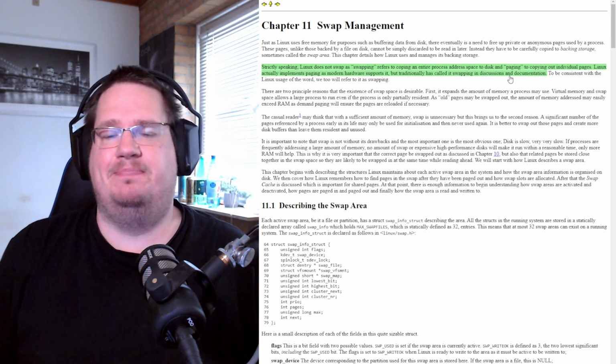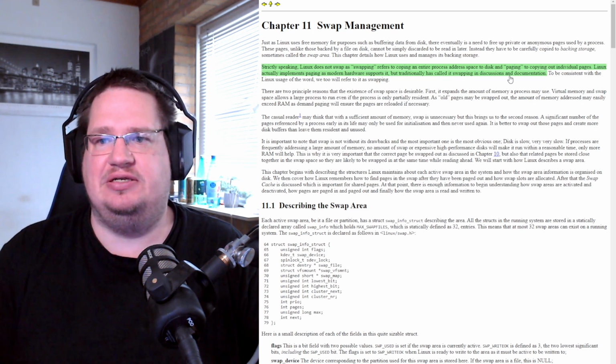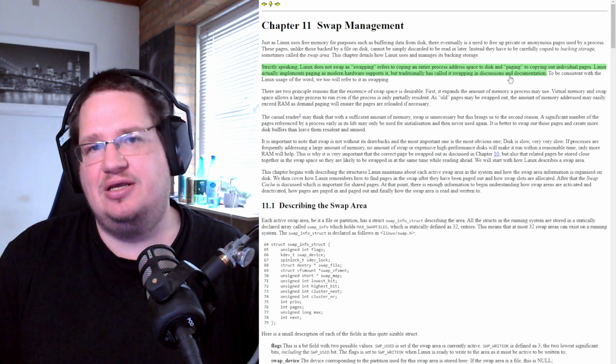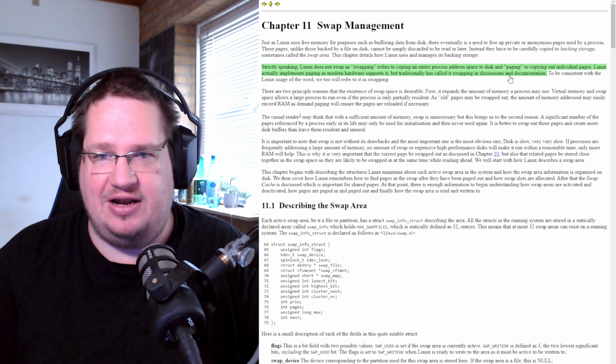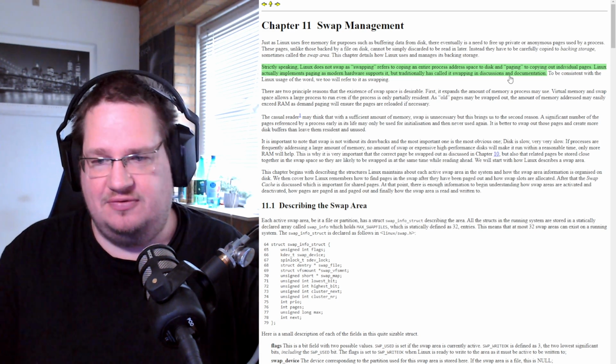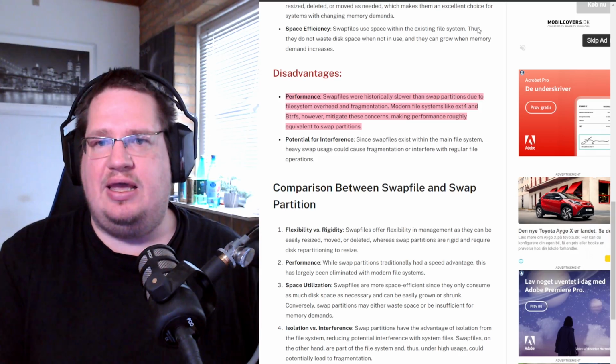But technically, when you're making a swap partition, you're not making a swapping partition. When you're making a swap file, you're not making a swapping file. You're making a paging partition, a paging file. And